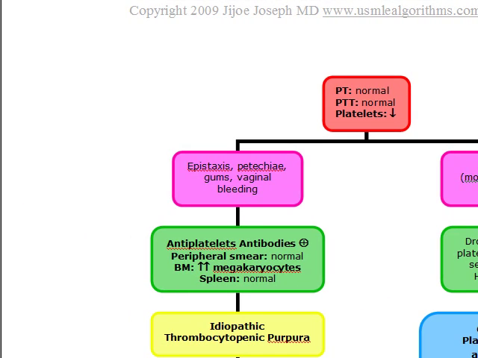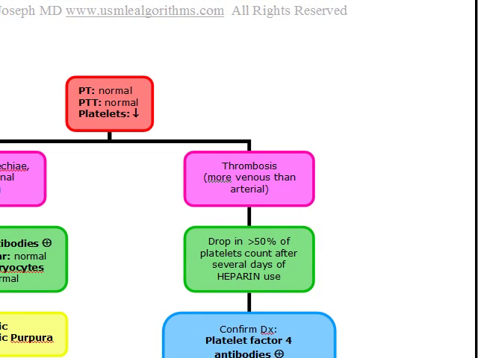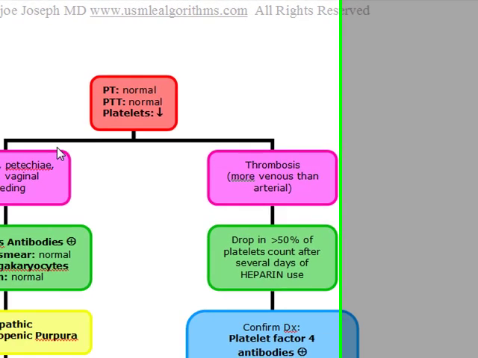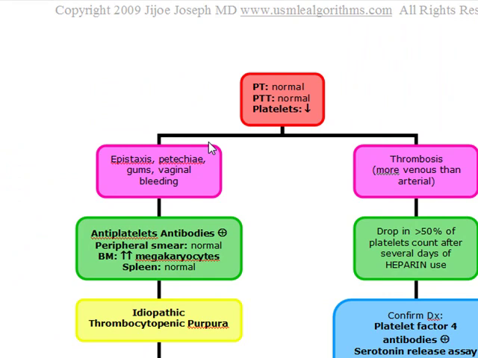Basically, if the patient has epistaxis, petechiae, bleeding gums, as well as vaginal bleeding, you want to start thinking of a thrombocytopenia, and you want to start thinking of ITP, idiopathic thrombocytopenic purpura. Okay? And basically, in ITP, there's going to be a severe thrombocytopenia associated with a platelet-associated IgG antibody, and it's going to be a diagnosis of exclusion. So basically, your DIC panel here is going to be negative,